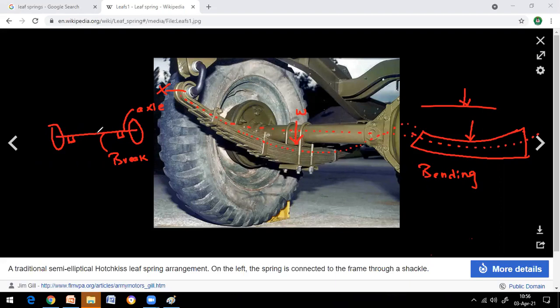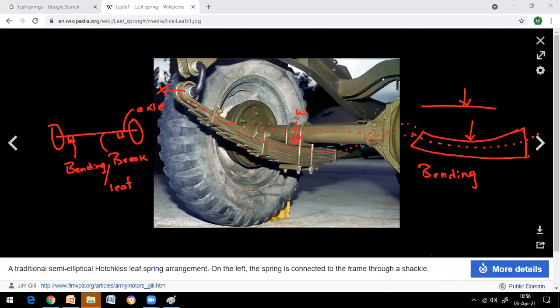Okay, so to absorb the load that falls on the axle, you need some member which is able to absorb that load. A member should have the capability to absorb the load. So that member is this, which can carry or absorb the load which is falling directly on the axle. So that is the purpose of the bending or leaf spring. Okay, so that is the main purpose of this, right?